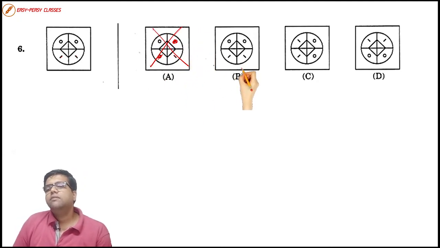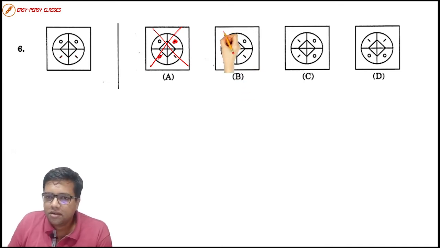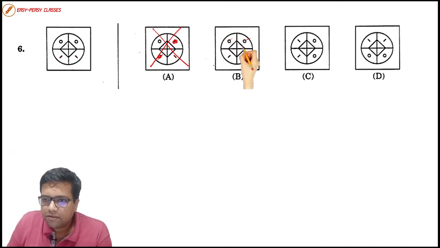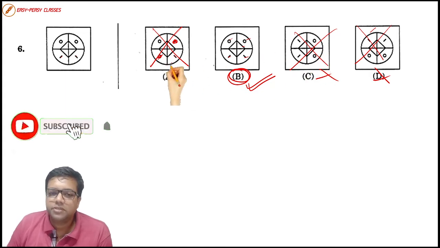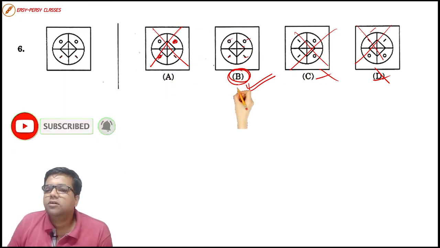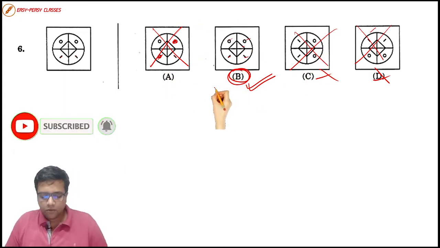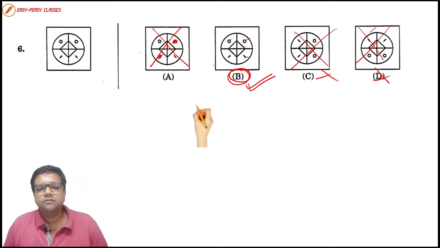Option B, we have almost exactly the same figure. We have 2 circles, we have a square, we have 2 lines. There is no need to move on to option C or option D, because we know option B is the right answer. Henceforth, we can even skip looking at these options. We can blindly mark our OMR sheet with option B for question number 6. Let us move on to the further question.